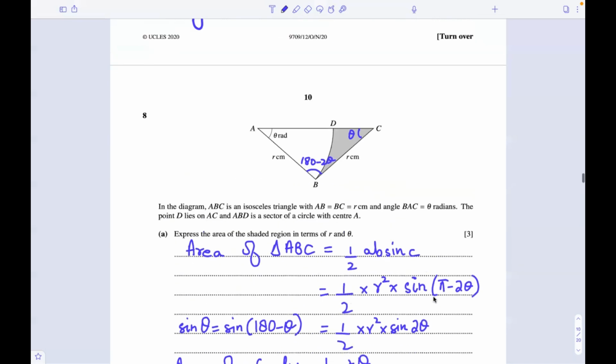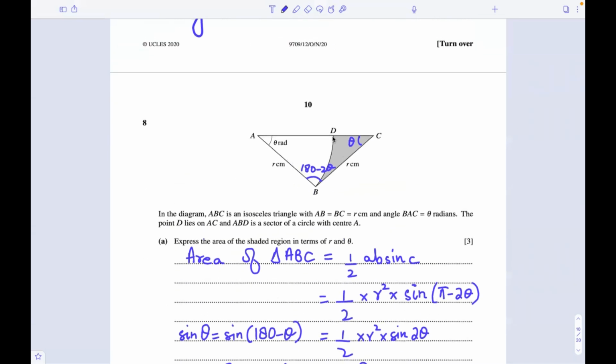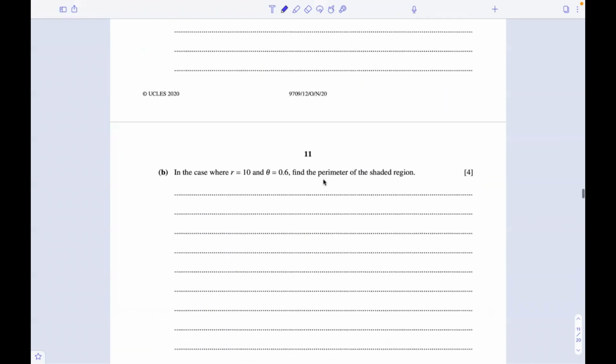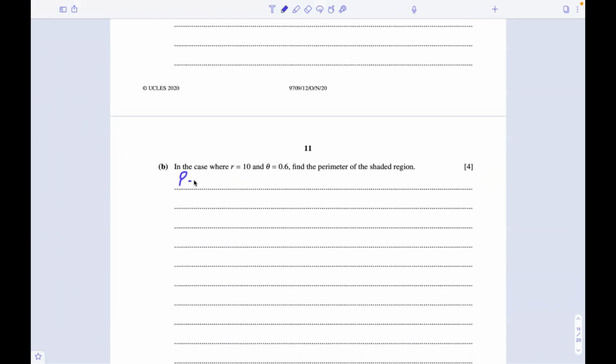Now to find the perimeter, we need to understand that the length DC plus the arc DB and the length BC will basically make up the perimeter of the shaded region. So to begin with, we can write that the perimeter would be the length of BC plus the length of DC plus the arc length BD. Now to find the length of DC,